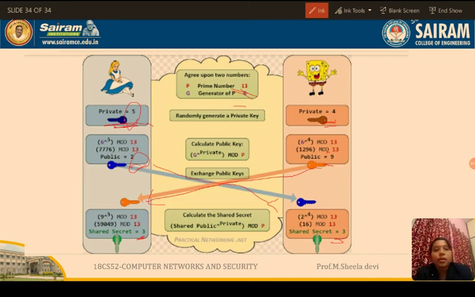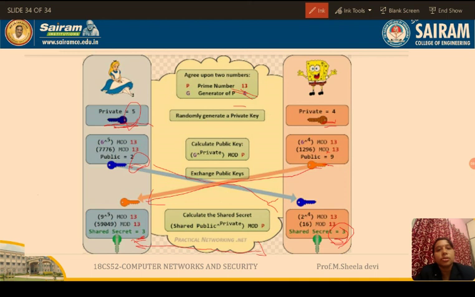So whatever data is sent between A and B for that particular session should be encrypted with the session key, or the shared secret, called 3. So they are going to encrypt all the data with the key 3, and it is transmitted through the transmission medium. And how will the receiver decrypt the data? He will use the same shared secret, that is the session key 3, and he will decrypt the data and get the data back.